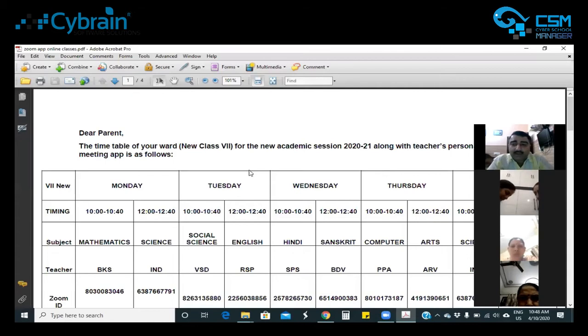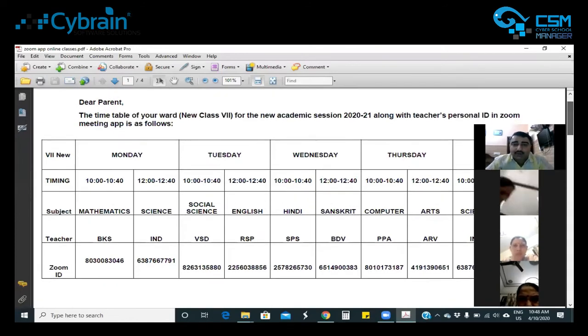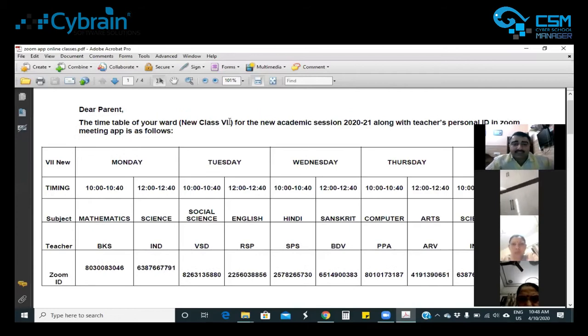This is a sample of timetable. In the same way, your school authorities can create this timetable with respect to the class and then you can schedule your meetings. Here you can see that this timetable is for class 7th of new session, session 2021. Here you can see the day,